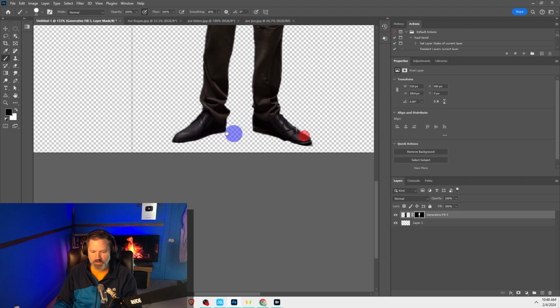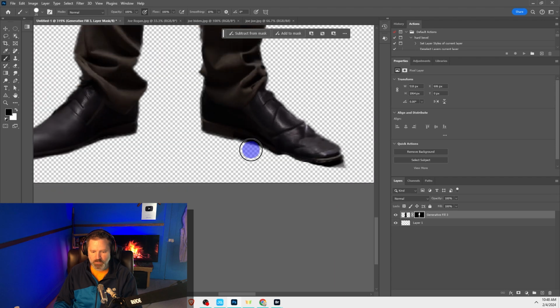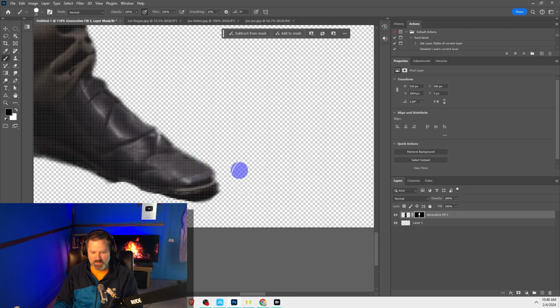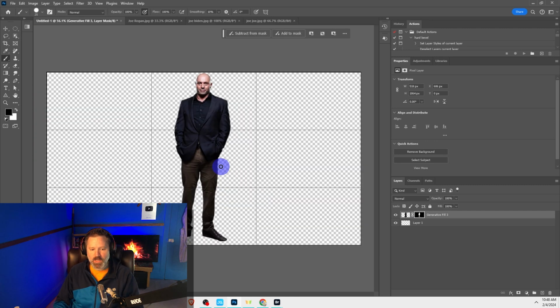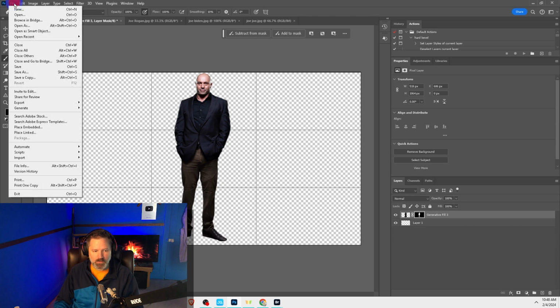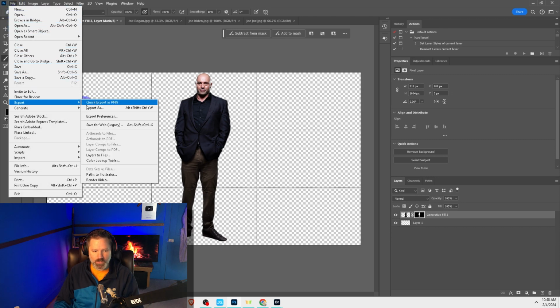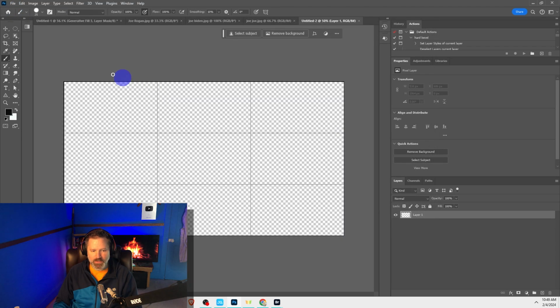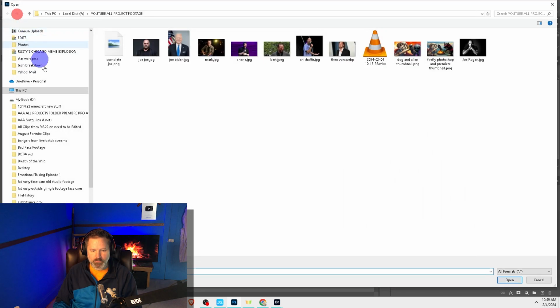We're going to scroll up on the mouse wheel, hold shift to move around. Let's get rid of some of this stuff. That. This shoe's a little bit too big, but it doesn't really matter. So we've got our complete Joe pick. What we want to do is export this as a PNG. We'll do file, export as, export, begin a new project, new, 1920 by 1080, file, open, and we're going to go over to,